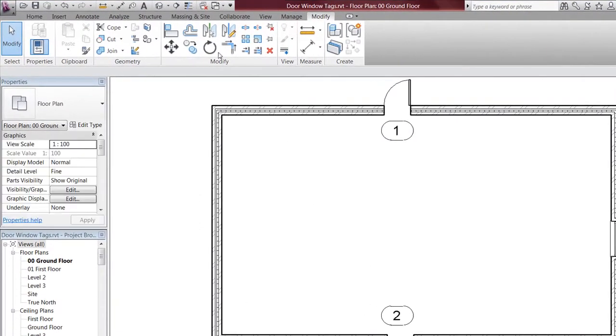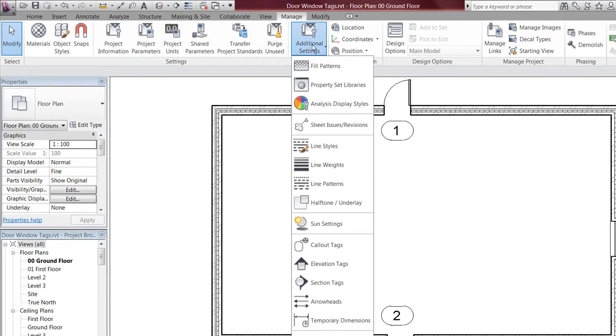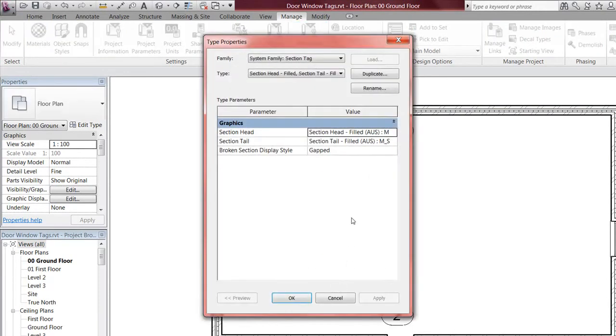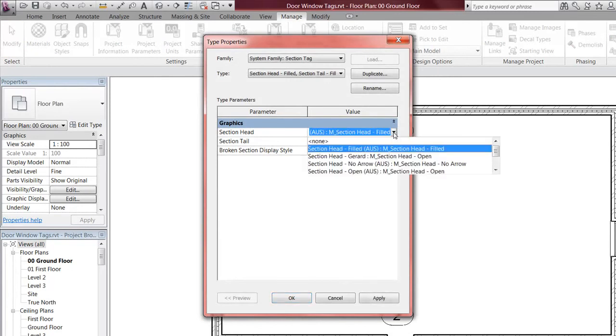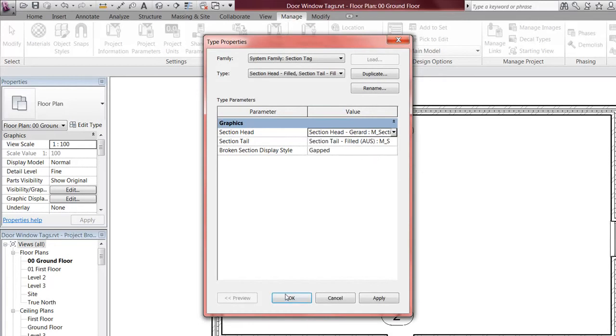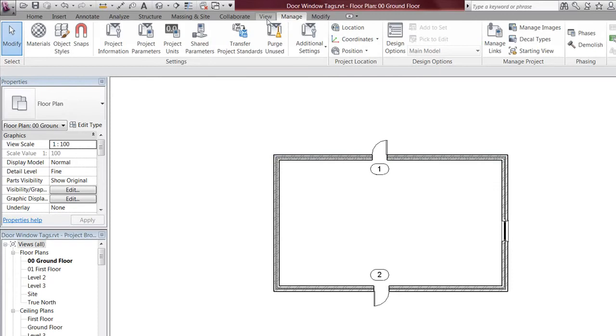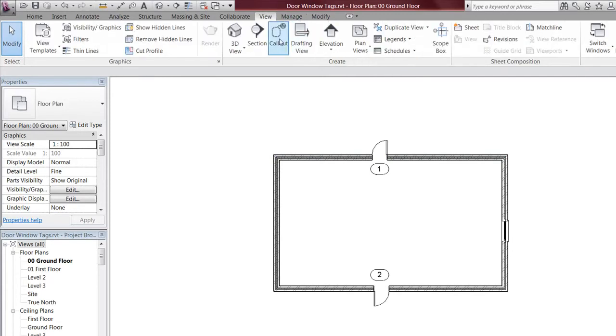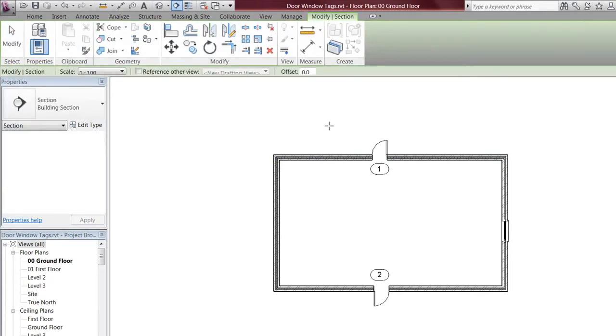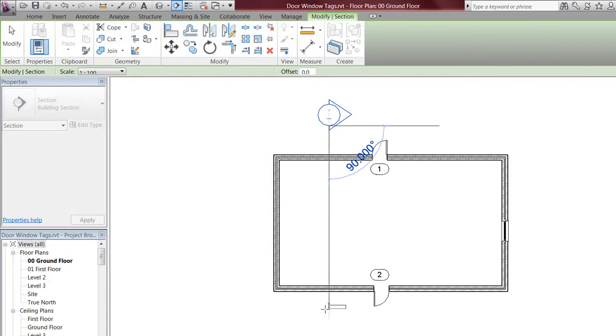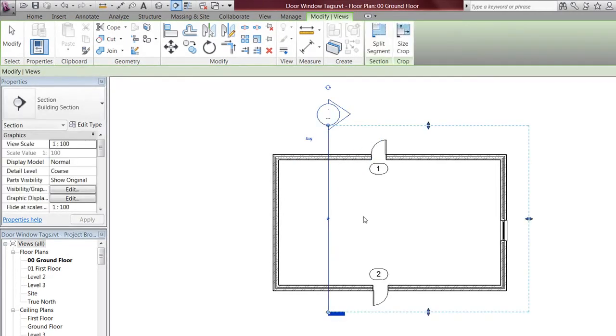and I want to go to manage, additional settings. I want to go to section tags. So section head, I want to change the section head Jared. Click OK. Go to view, go to section, and as you can see, changes them